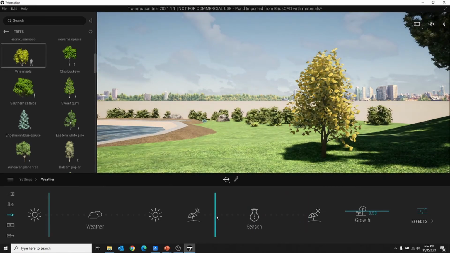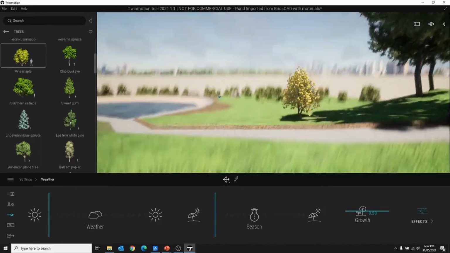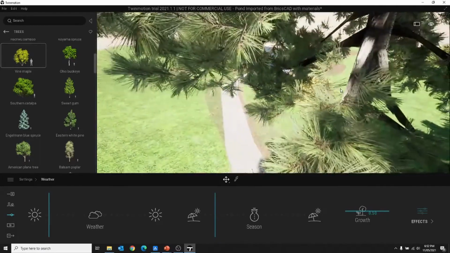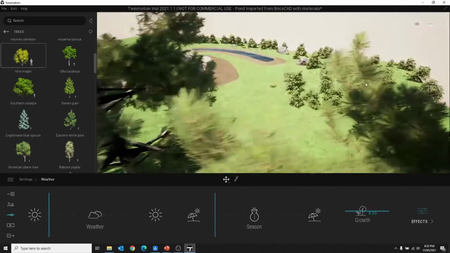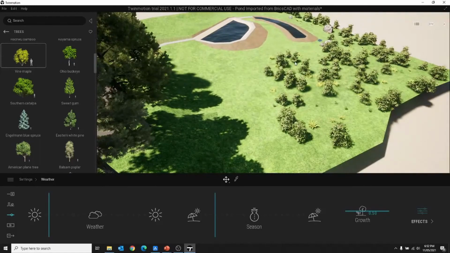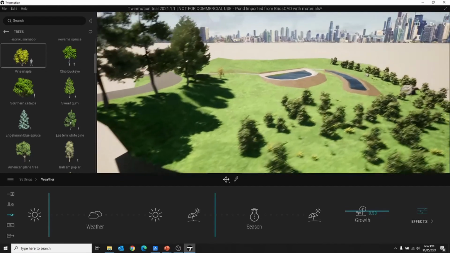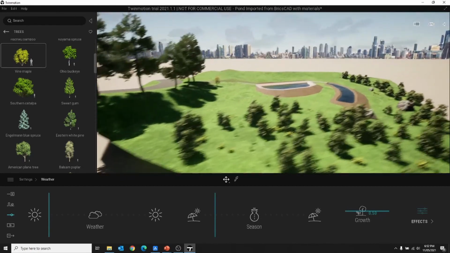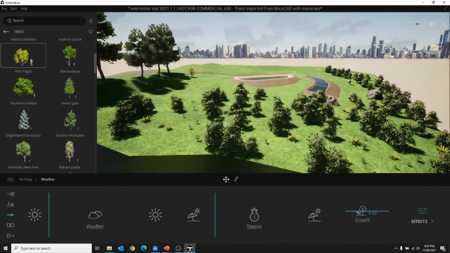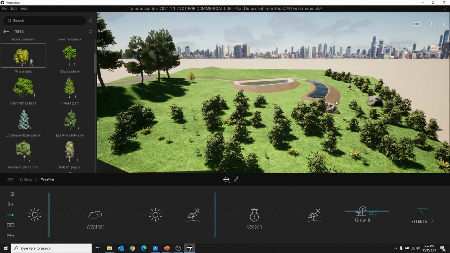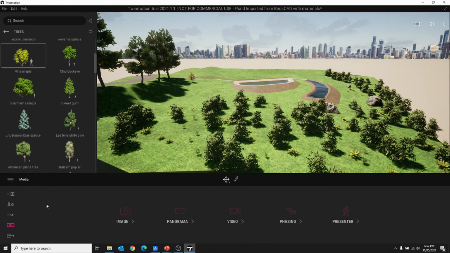So with very little effort, we can build up a very impressive looking, very realistic and immersive illustration of what our plan is going to be. So for public consultations or for general communication, it's an amazing tool. What I'm showing you here is only a very basic overview. We can do a huge amount more. The guys in Civil Site Design are automating how you can get information from their software directly into here as well. One of the things I haven't mentioned is there's an outputs tab here where you can output images, videos, all kinds of